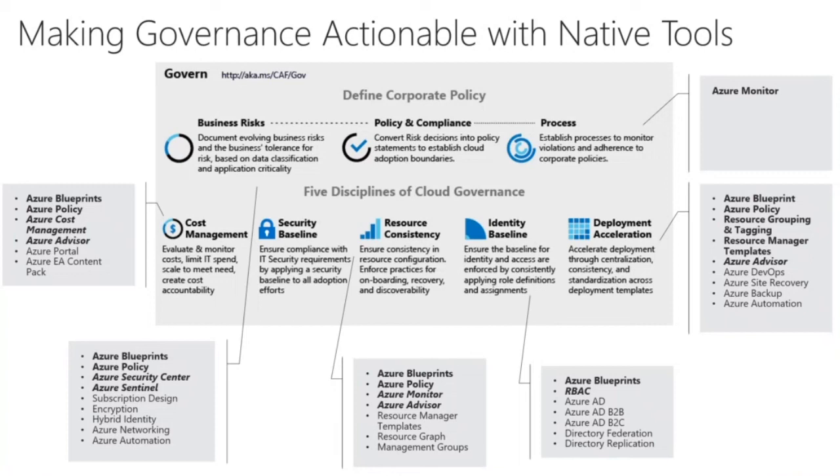For example, identity is around security or identity, or Azure networking has a larger component to manage and securing networks. And simply Azure automation allows you to do the security things in an automated fashion. Resource consistency. This is again one of the important aspects of knowing whether configurations are correct or not. And the main tool here is resource graph and resource graph APIs, which actually give you the configuration for each and every resource in Azure,